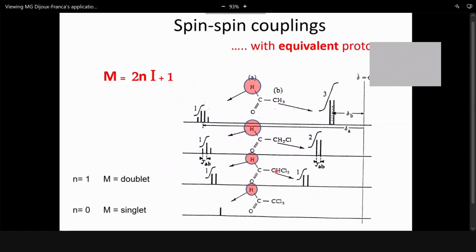But as they are close together, on two carbons side by side, each of them has a multiplicity as a doublet. This one has one proton in his neighborhood, so he is a doublet, and the other one has only one proton in his neighborhood, so he is also a doublet. If we go on